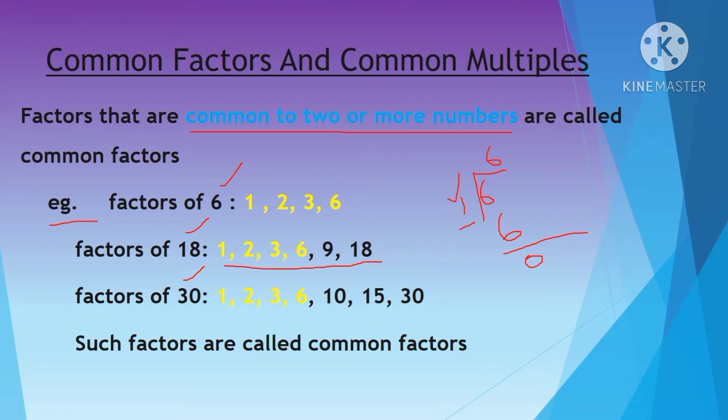Next you compare it. What are the numbers common? Same numbers present in the 3 sets. Here what is the example given? 6, 18 and 30. So find out the factors; the same factors we found are 1, 2, 3 and 6. Okay. For easy identification I have given a different color. So then you can write 1, 2, 3 and 6 are the common factors. Understood, children? So it's very easy. First you write down the factors, then check the common numbers and write them down. Okay children, is it clear for you?